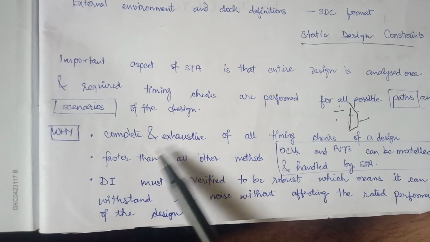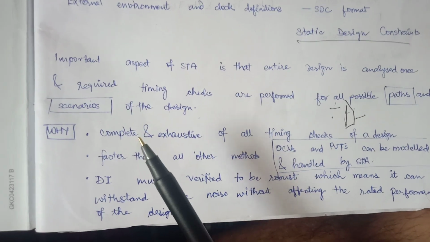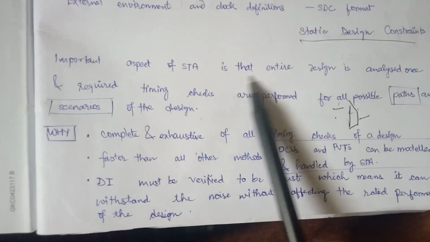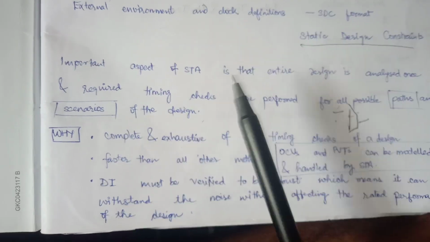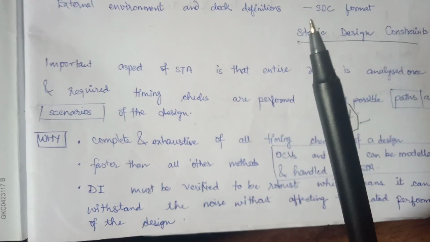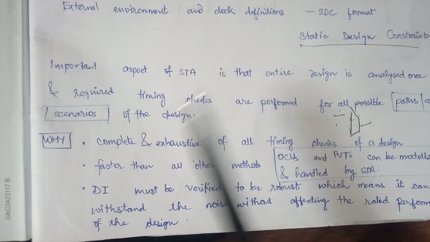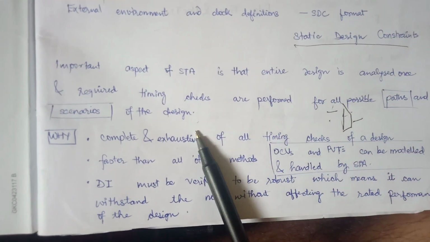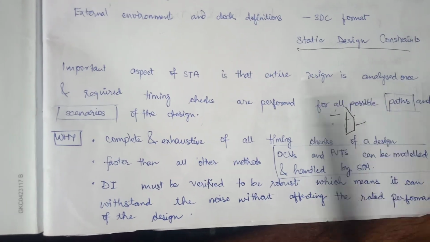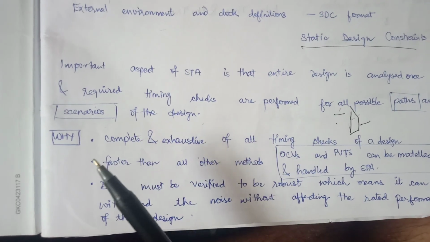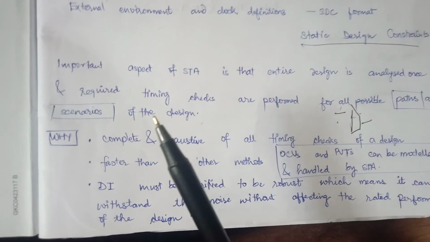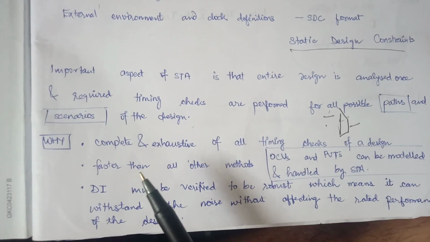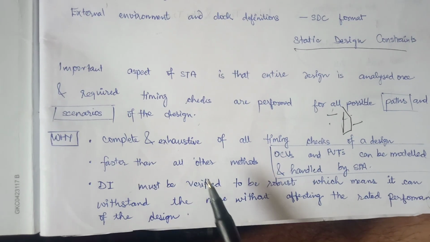Compared to the dynamic timing analysis, which goes through various processes, you can't get it through a single valued period for a valued clock. Suppose someone is going through 0, someone through 1, someone through a period of 0 to 100 nanoseconds and so on. But static timing analysis is faster than all other methods and it goes only once. So when you look through it, you will see that the design must be verified to be robust,